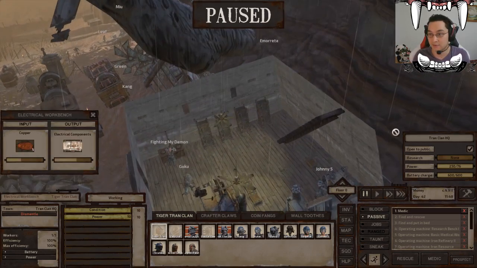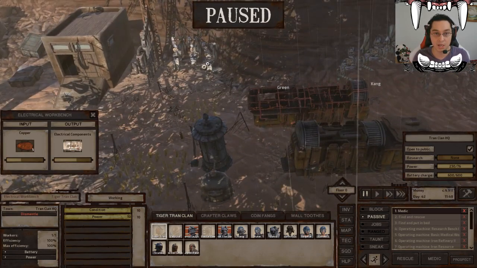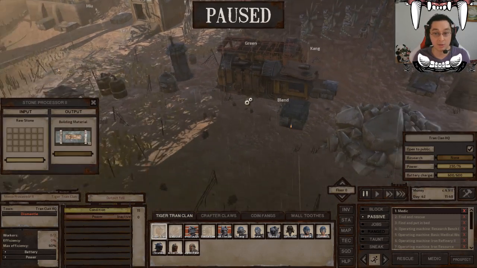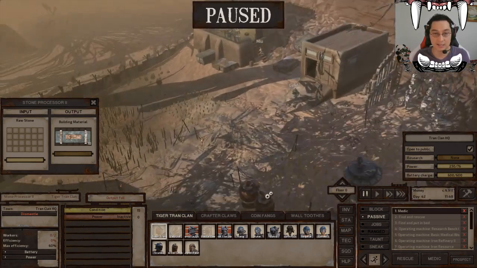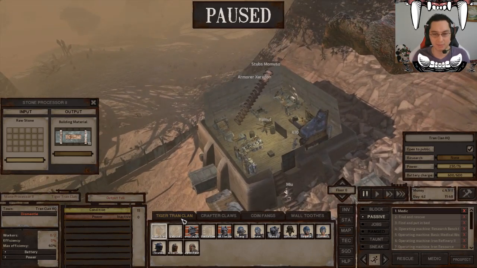We still have Johnny 5 on electrical components because we are building up more power. We've been upgrading our stone processors to automatically get stone, which has been huge. This will be very nice, especially when we start to take our Tiger Tran clan team number 1 out into the world, start looking for some of those higher grade technical books. It'll probably happen in the next